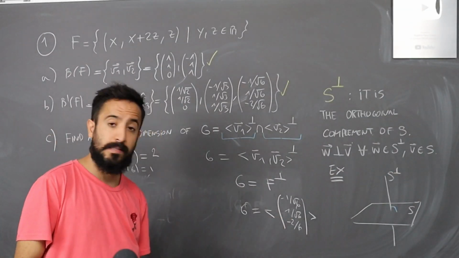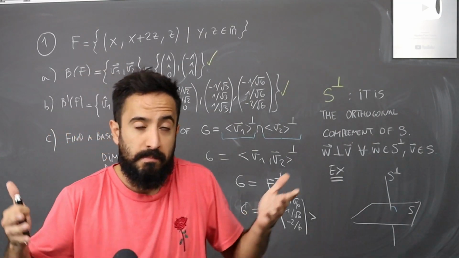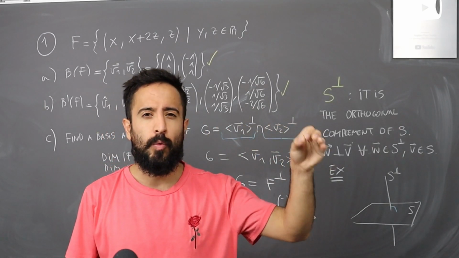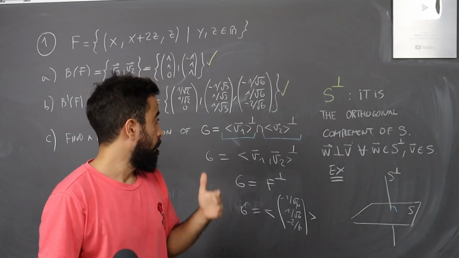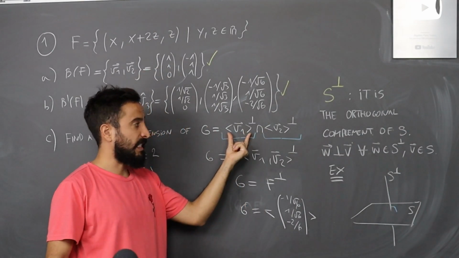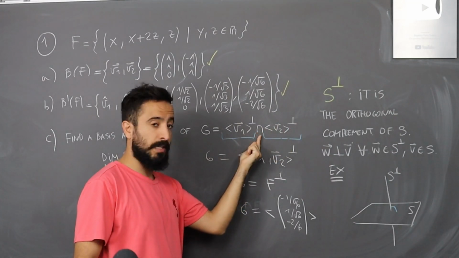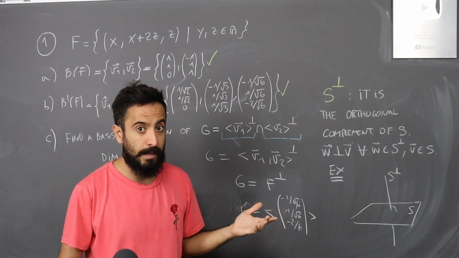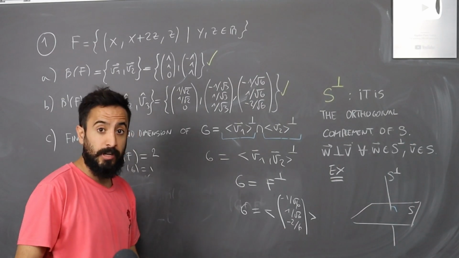We have the basis, we have the dimension, and we had to do nothing basically, just apply concepts. If we hadn't realized that, we would have had to do a lot of calculations. Starting with looking for the subspace, and then to look for this one, and then to do the intersection, and then to find a basis. A lot of time in an exam, right? This way, applying concepts, it was pretty straightforward, right?